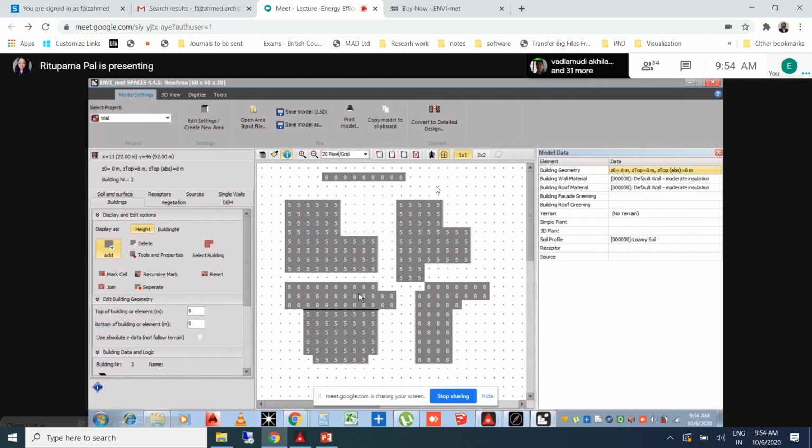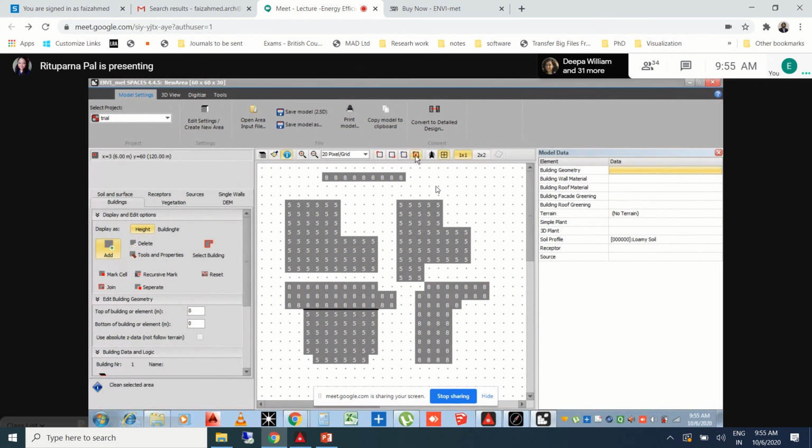Okay, so now we see that we have plotted all these things just to show you have done all these things. But we don't need all this model right now. You can see this horizontal small panel of toolbars where this particular option and all are shown.